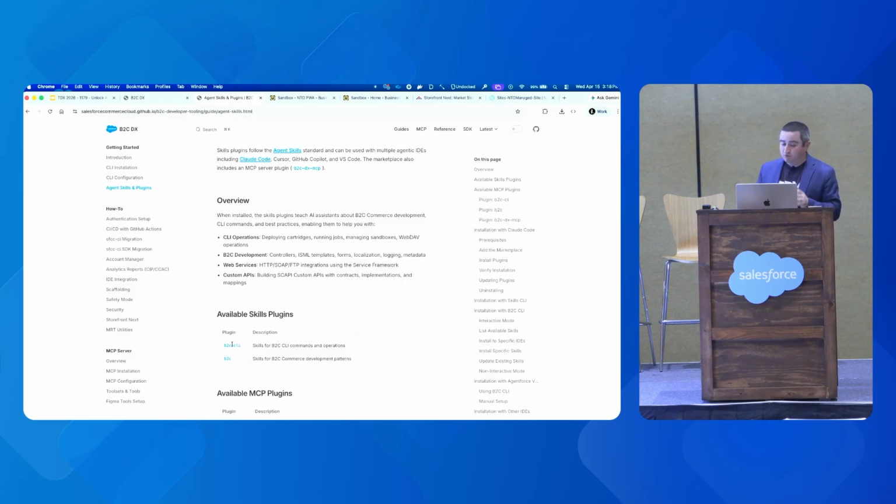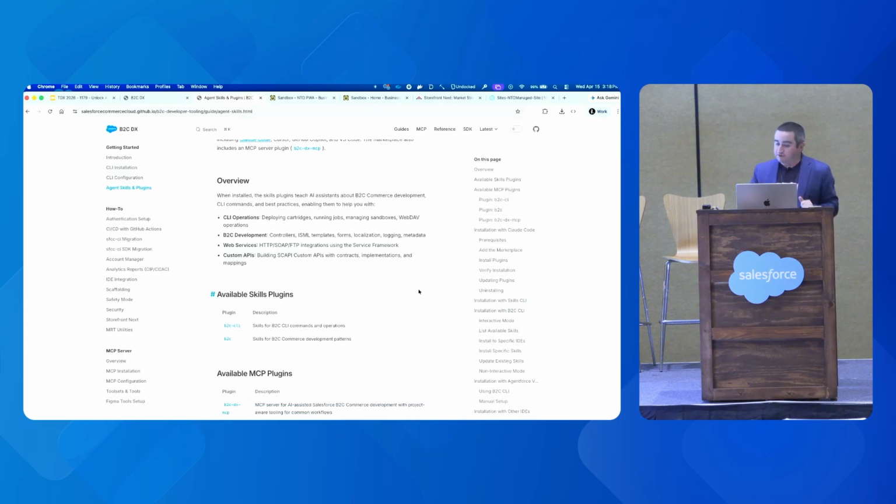One for the CLI, one for general B2C development. We'll have one for merchant and admin, although there's a lot of overlap there. And then we'll have some for our new storefront coming up, Storefront Next is what we call it. So you can install this as a Claude Code plugin, which is probably the easiest way